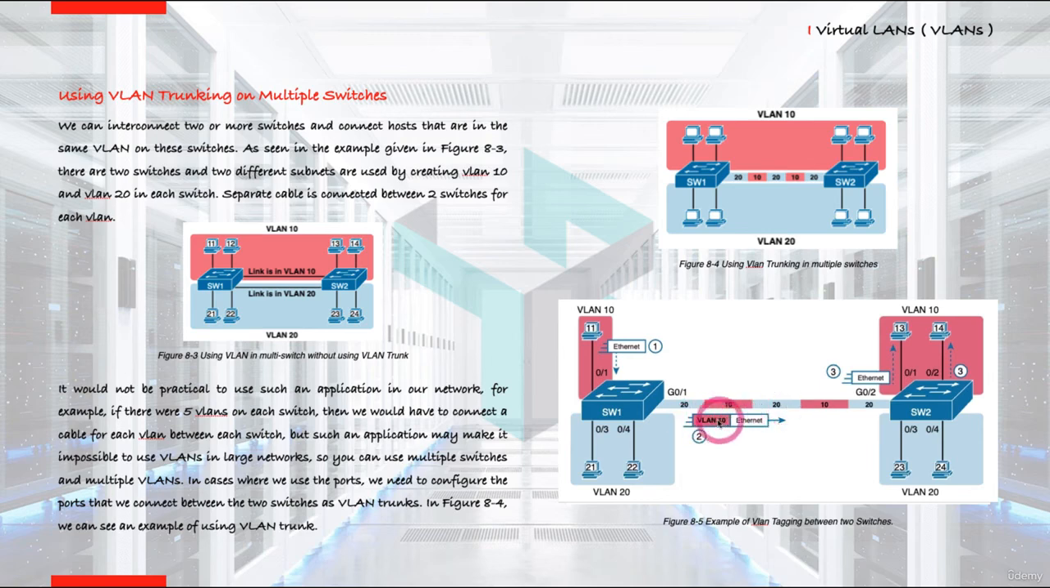VLAN 10 information is added to the beginning of the packet as the traffic goes from here. When the packet reaches switch 2, it understands that it is VLAN 10 and transmits it to the users in VLAN 10. In the same way, if the users in VLAN 20 want to access the users in VLAN 20,